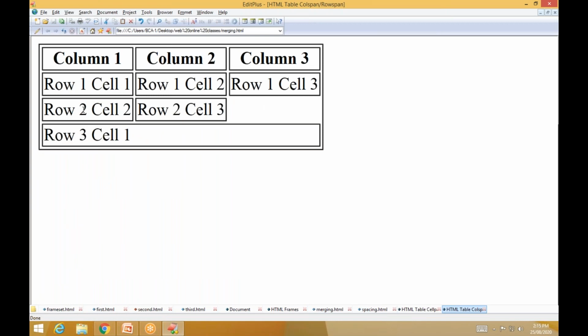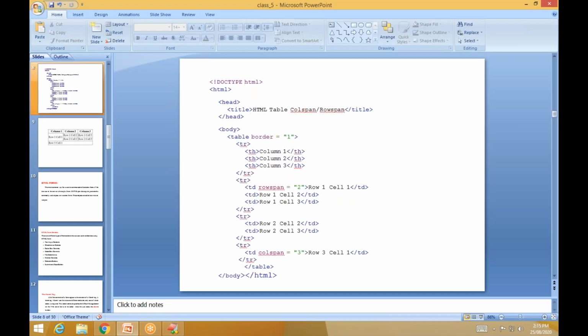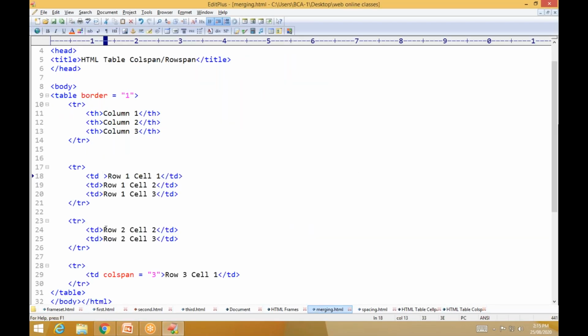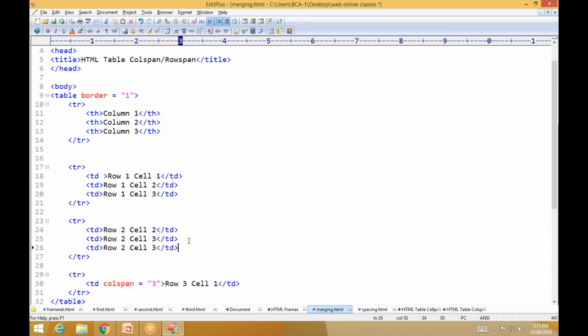See now, in the second row there is no merging, in the third row there is no merging, but here there is an empty cell, because in the third row there are only two columns. If you want to make a third one, you just have to add one more column like this, one more column like this.